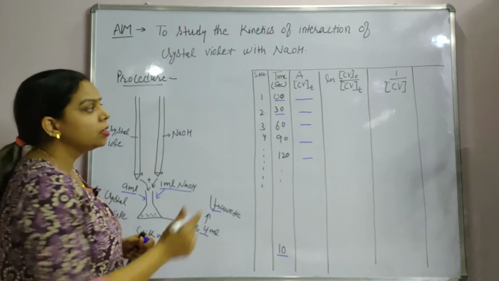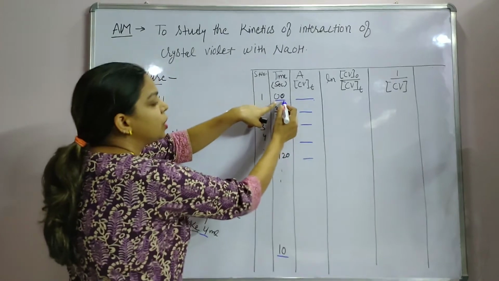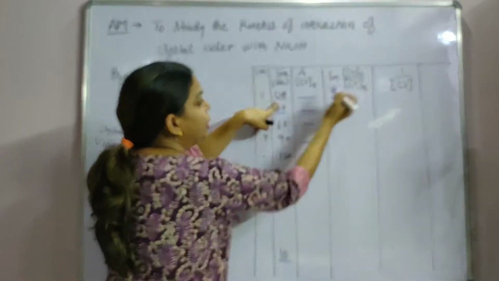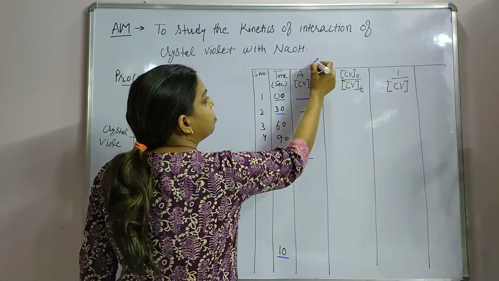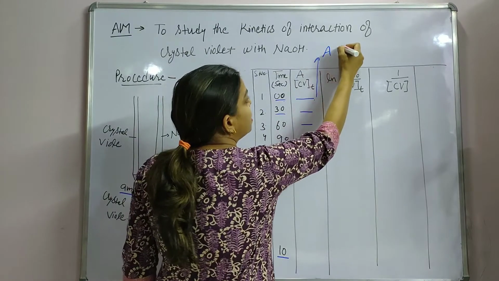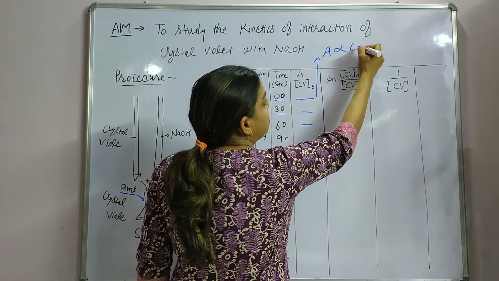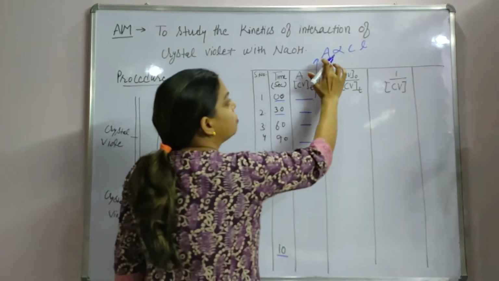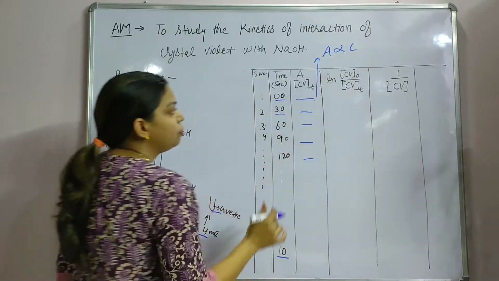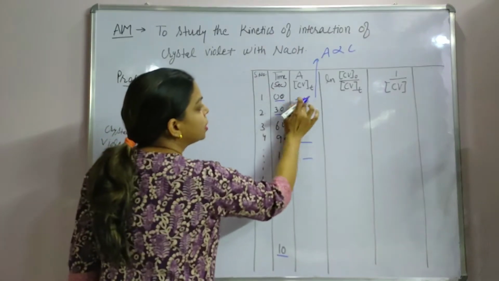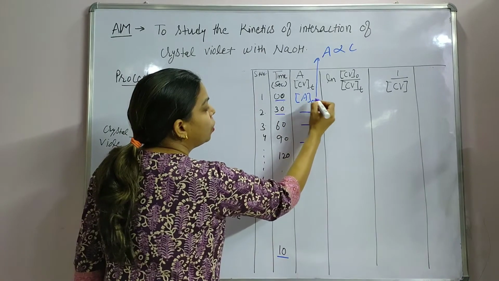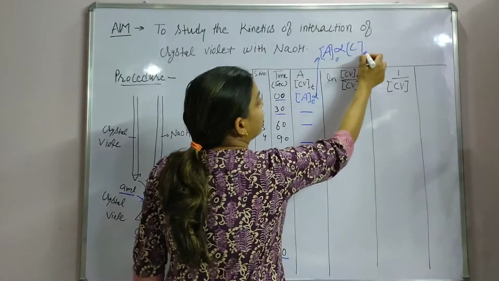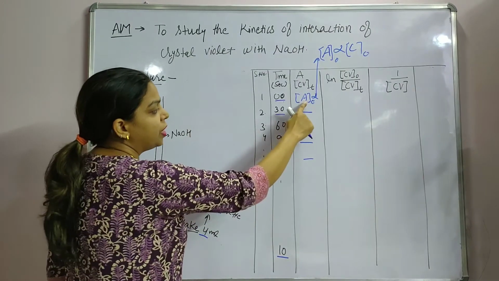So the initial absorbance at 0 time, 0 seconds, will be proportional to CV naught. This reading, initial absorbance, because we know that absorbance is proportional to concentration, because epsilon is a constant and L, the path length, is also constant. So absorbance is proportional to the concentration. So the initial absorbance here will be A naught, which is proportional to C naught. So this first reading is C naught.